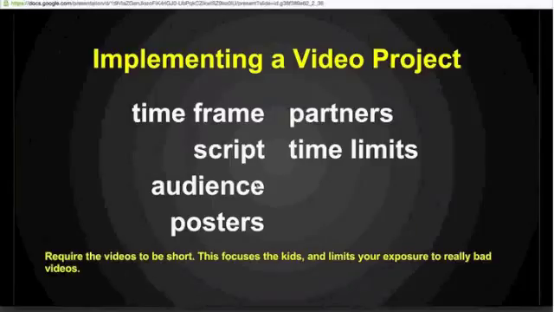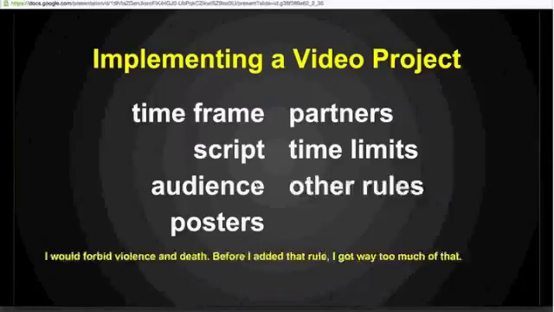Consequently, make them really short. For contest purposes, the time limit is 90 seconds. But as you're getting kids into the mode of making these things, give them shorter ones: 60, 45, 30 seconds. And they'll complain, I want more time. Don't we all, just deal with it. Then they'll go and make good videos and they'll be fine. Time limits are a really good move. It limits your exposure.